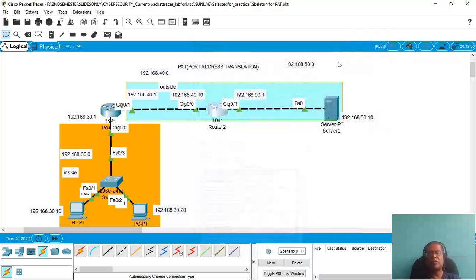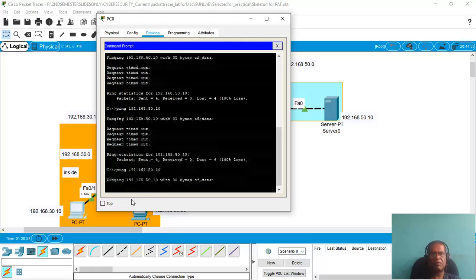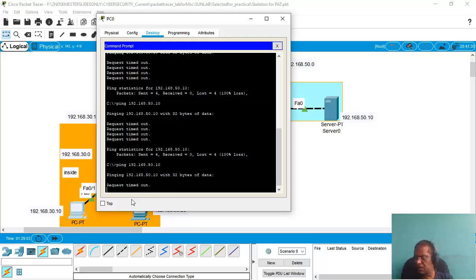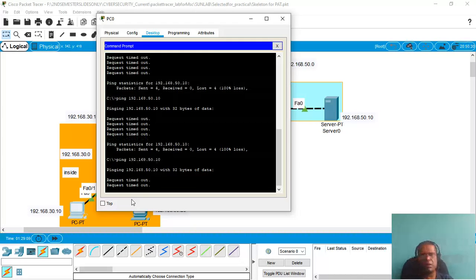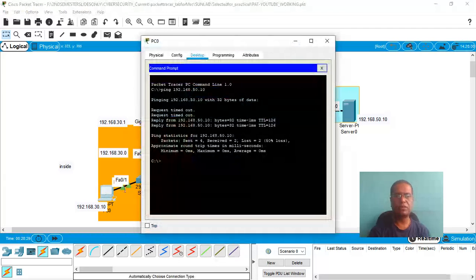Now let us check the communication as the first step, 50.10. We'll see what is happening. As we normally do, let us check the communication between them.